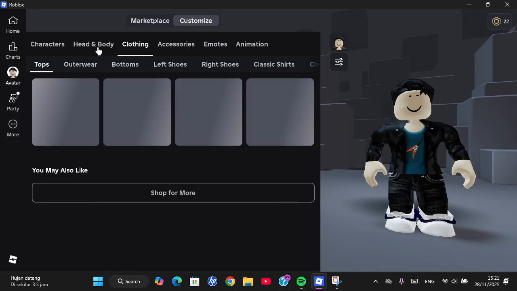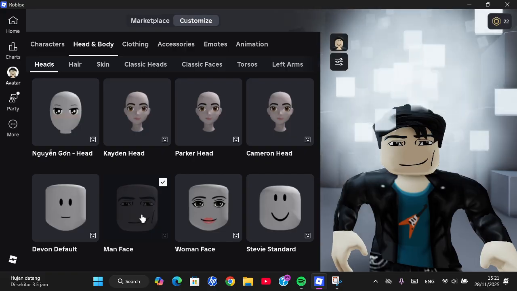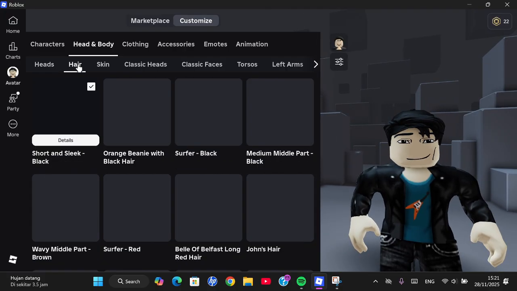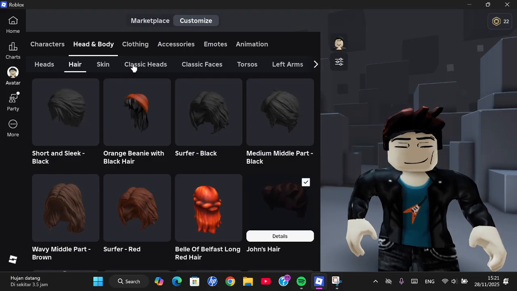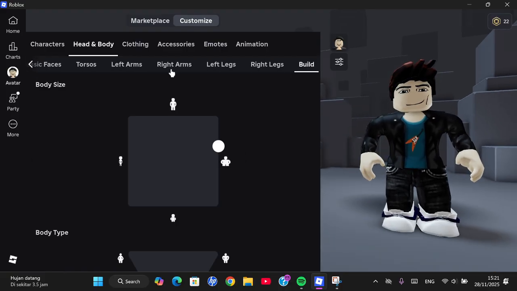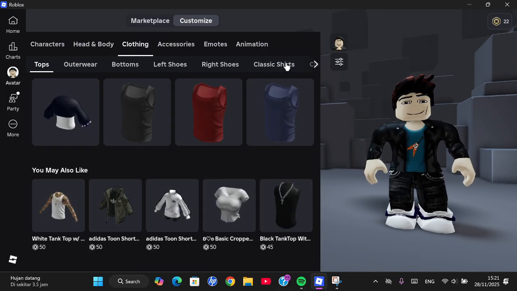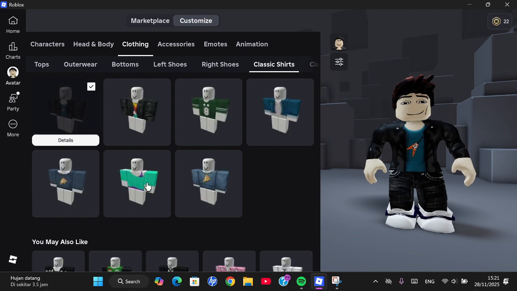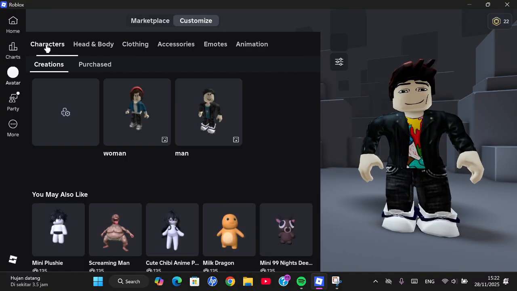I'm going to change the head, and for the hair I'm going to use this hair. Okay, and I'm going to change the shirt, but wait, I'm going to go to the clothing and I'm going to choose this one. Okay, after you're ready to save it, you can go to the characters and you can